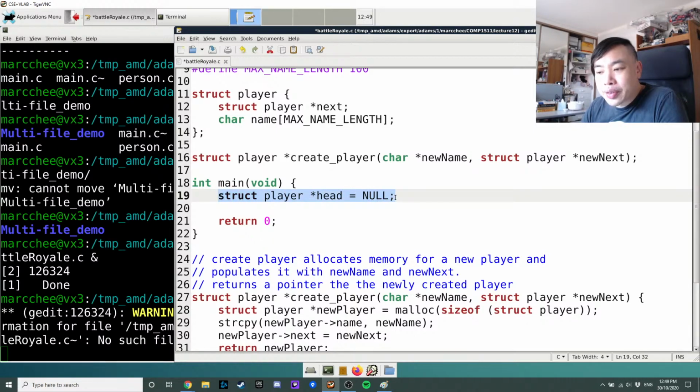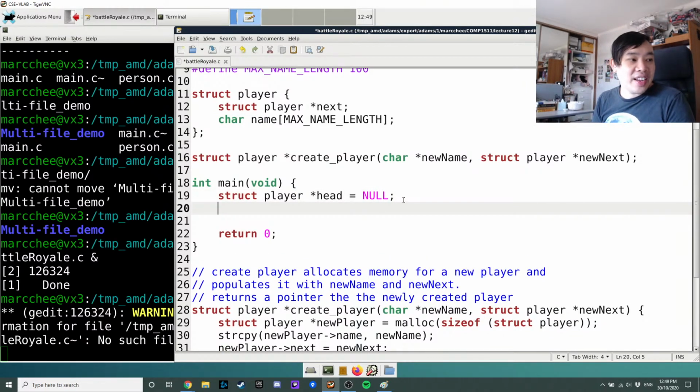At this point, I've created a linked list. I've created a linked list with 0 elements in it. So my pointer to the head is empty, which means there's no elements in my list. So that's perfectly viable for me to do that if I want to. So that's the way I can start. And then I can say,